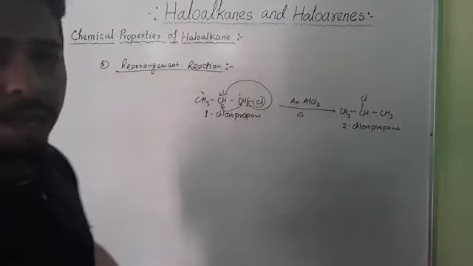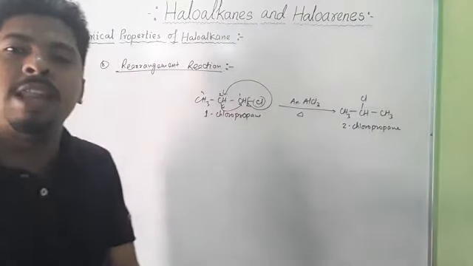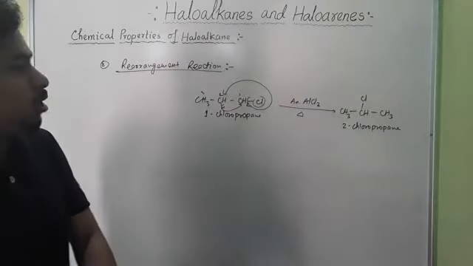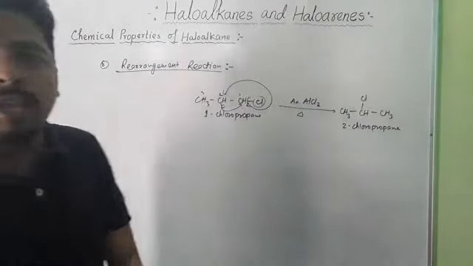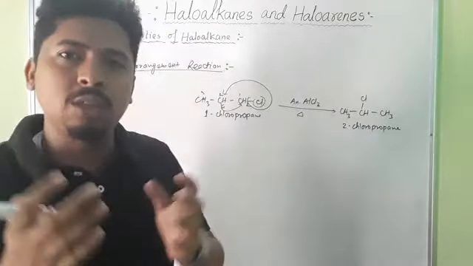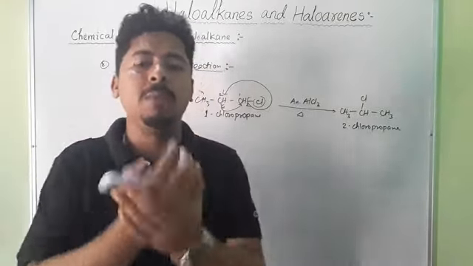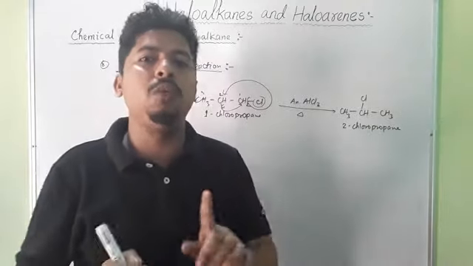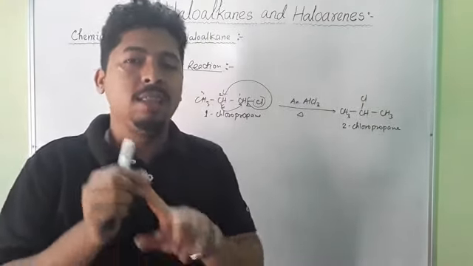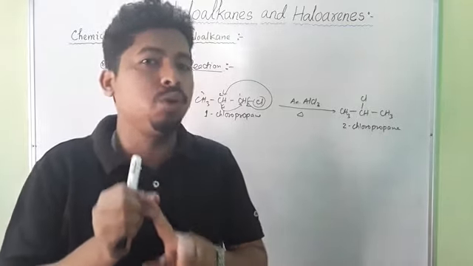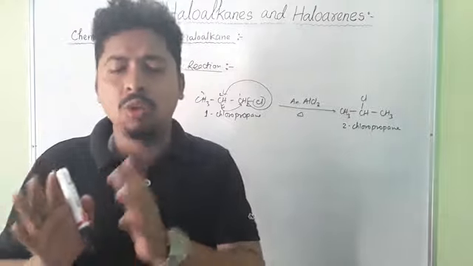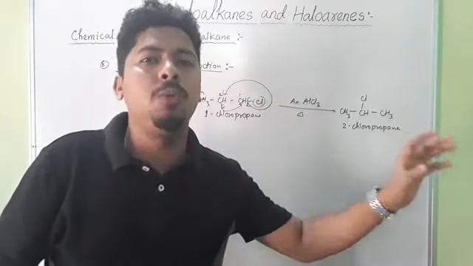So these haloalkane molecules can undergo rearrangement reactions. These are some of the chemical properties of haloalkanes. So what we have discussed so far are some of the chemical properties of haloalkanes. First of all, we discussed reaction with aqueous NaOH or KOH; these haloalkanes form the corresponding alcohol. Or haloalkanes on treatment with silver oxide produce the corresponding alcohol.